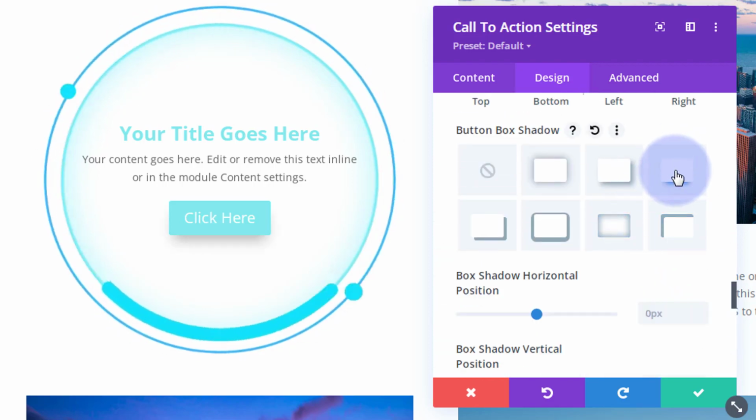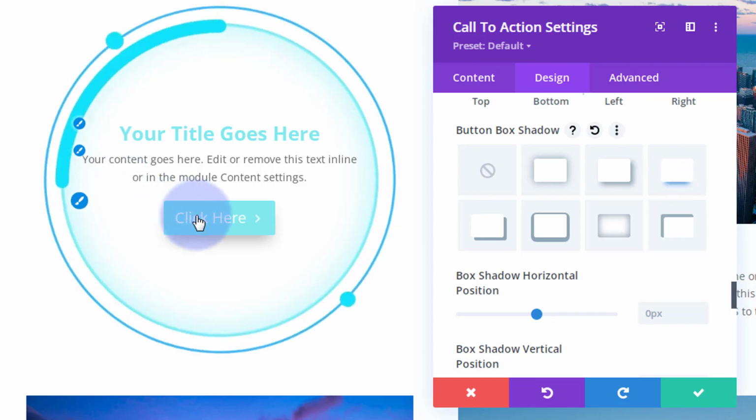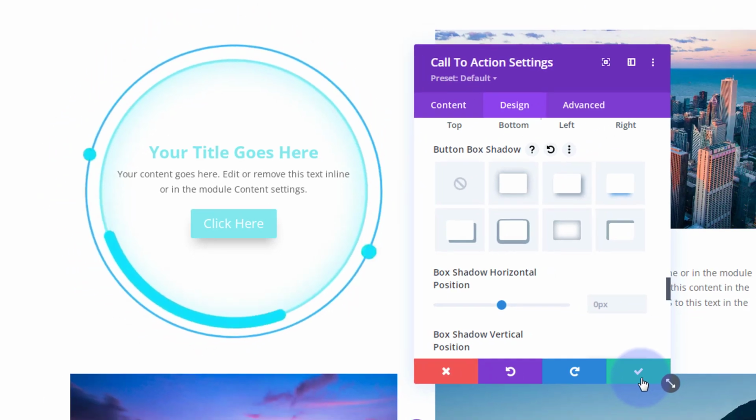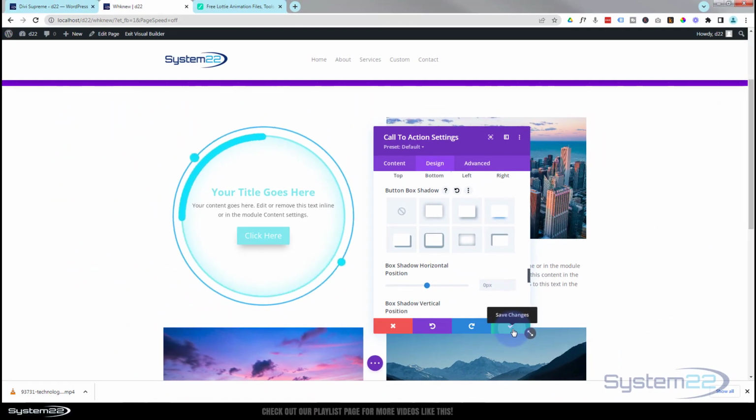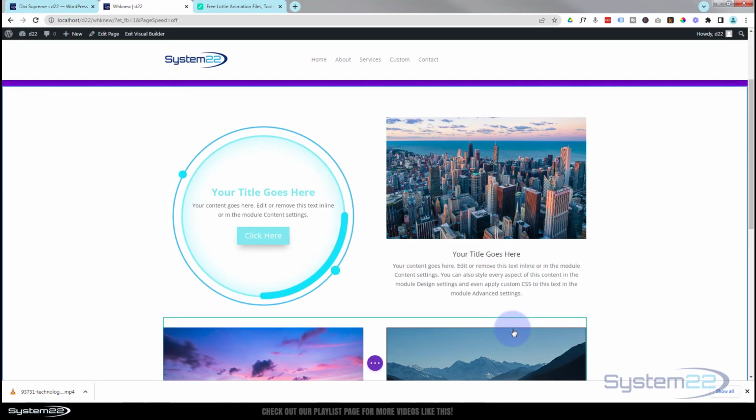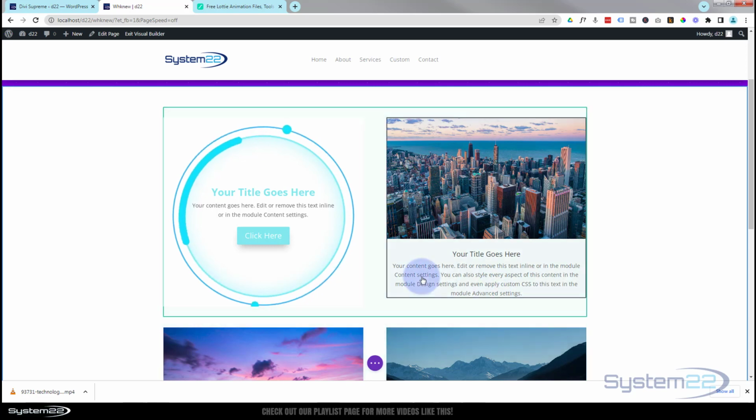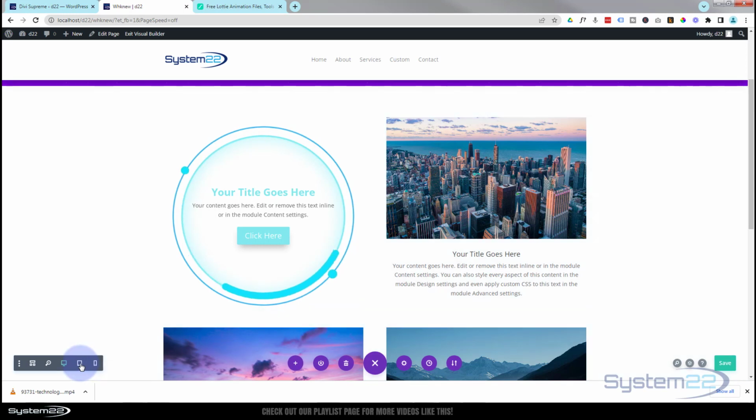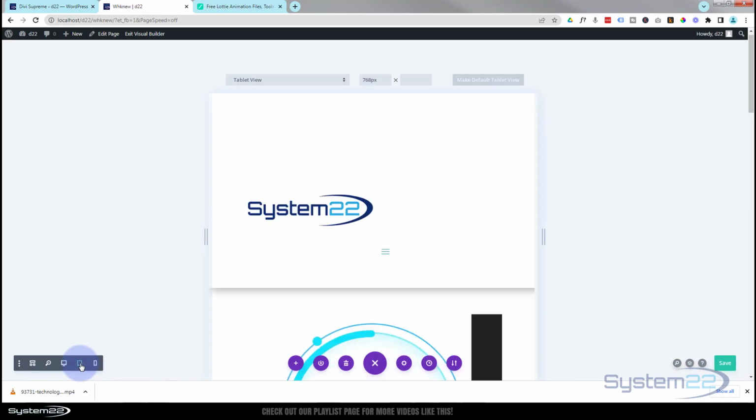Yeah, that's great. That works for me fine. So we've now got our little call to action module inside our animation here, which is great. So let's save our changes. If you wanted to, you could tweak this for tablet and mobile, because what's going to happen is I'll show you. If we look at this on tablet and mobile, in tablet view,